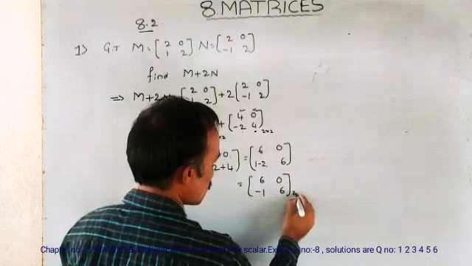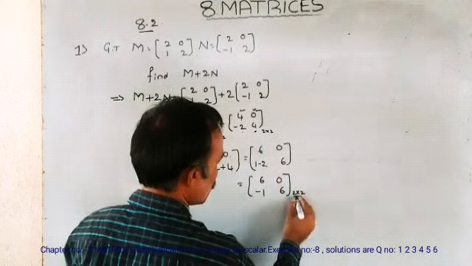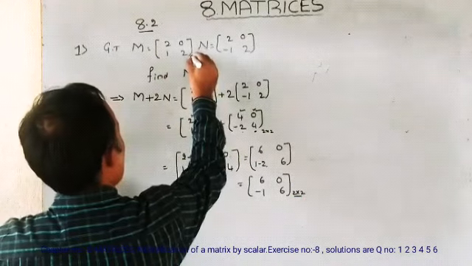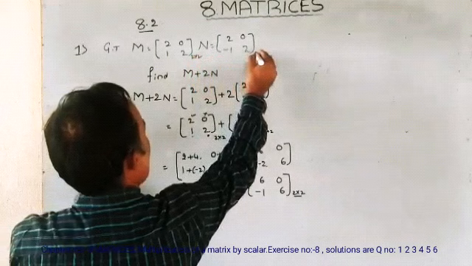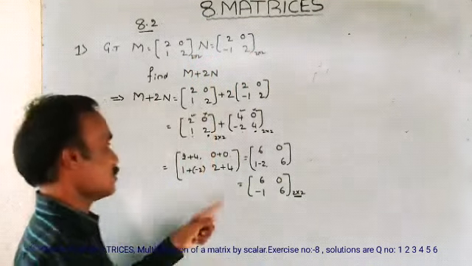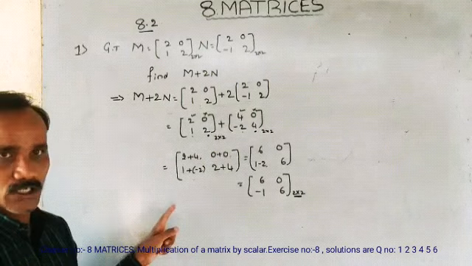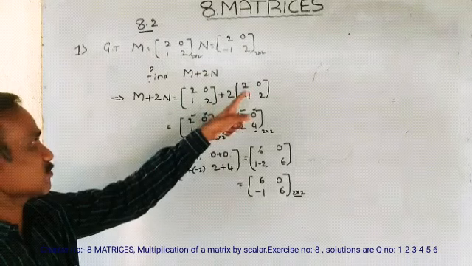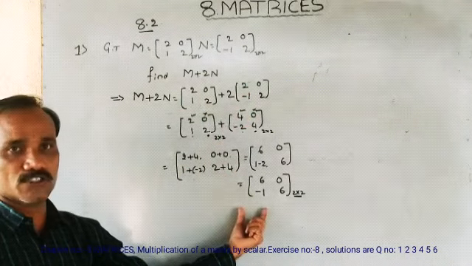I told you many times, the obtained matrix is of the order either m or n. So m is 2 cross 2, so n is 2 cross 2. So this is also 2 cross 2. So this is question number 1. Any doubt? Multiply this one by 2 and finally you should simplify.